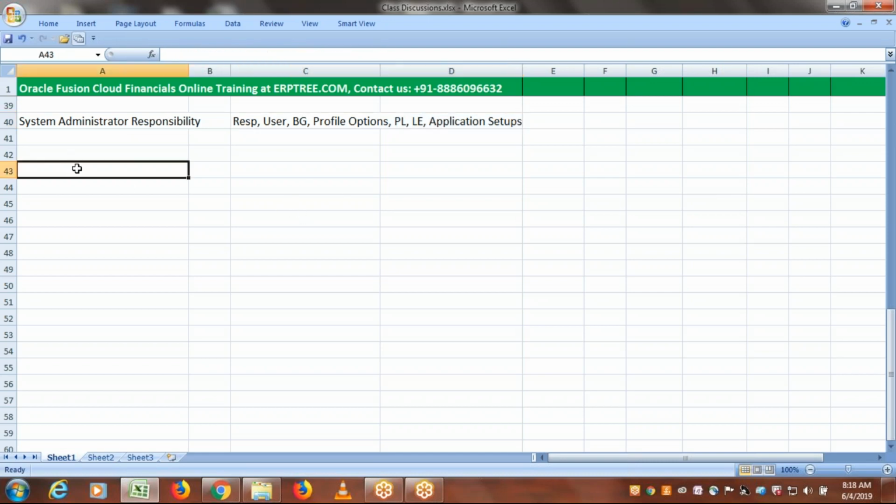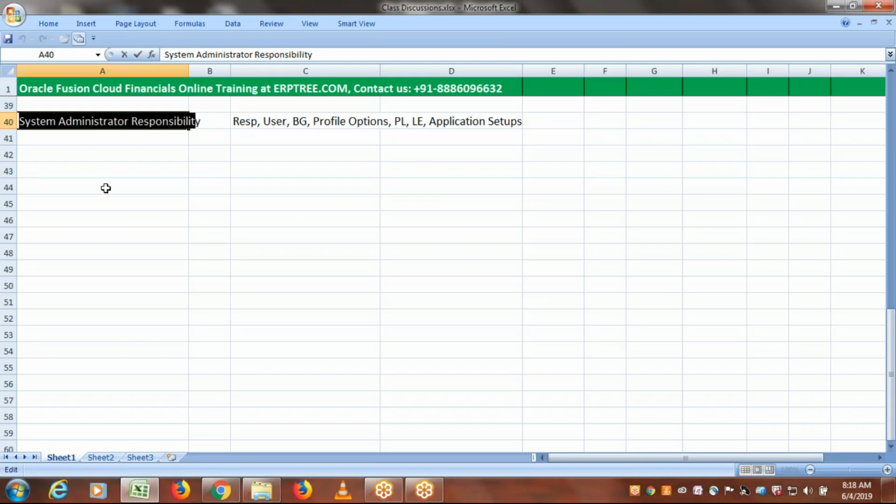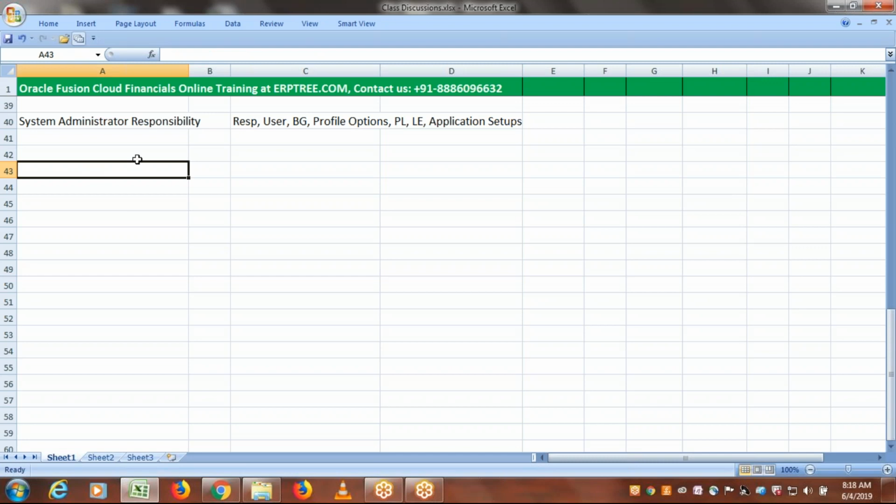In case of EBS, the user requires access to the system administrator responsibility. But in case of fusion, the consultant needs access to which roles? Okay, in fusion, the consultant needs access to which roles? Very primarily, the consultant needs access to 3 roles in fusion application to do any sort of configuration in the fusion environment, or say cloud environment. It could be anything. So those roles are